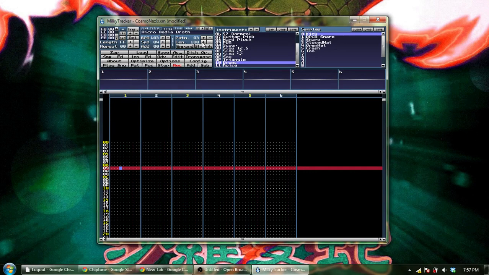Say I wanted to drive myself insane and have like 20 instruments. How would I go about adding the columns for the 20 instruments? Each column is one instrument, but there are only 8 columns here. Well, if you wanted 20 instruments but only 4 of them playing at the same time, you can just load in 20 instruments. If you wanted 20 playing at the same time, which is very difficult to do,